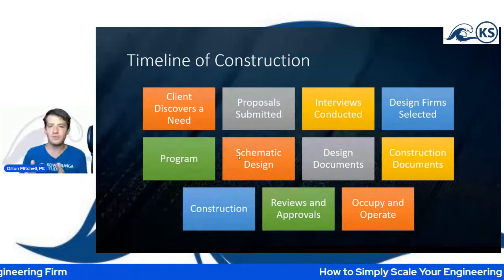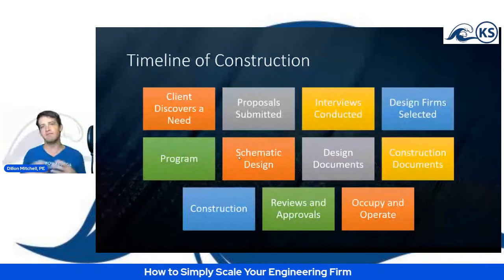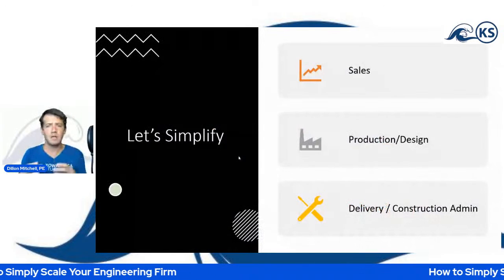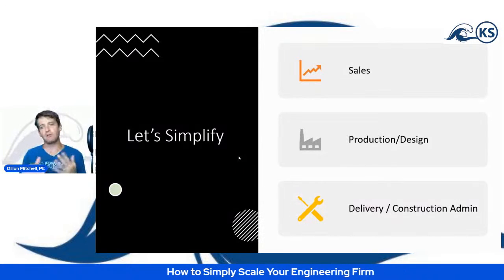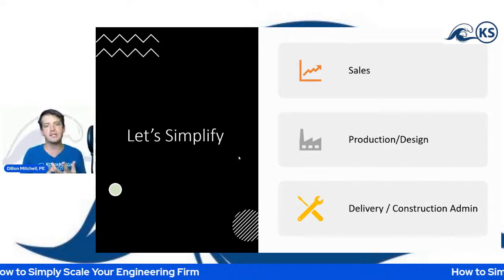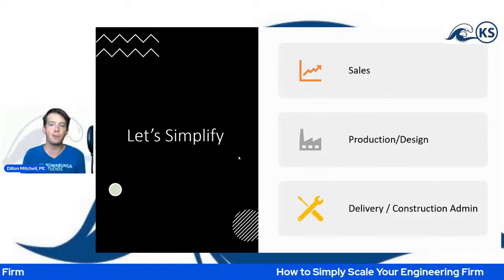Going through reviews, approvals, and then occupy and operate the building. That's basically the simplified timeline of it. But let's simplify this even more. For design firms, which is why you're here, right? To scale your engineering firm, you've really got three big phases. You've got sales, production, which in our case is design, and then delivery and construction administration, overseeing that project